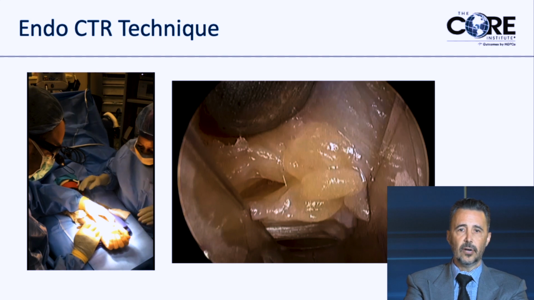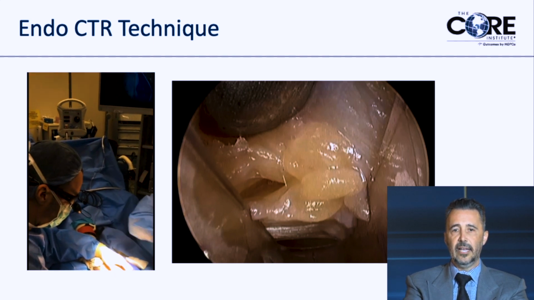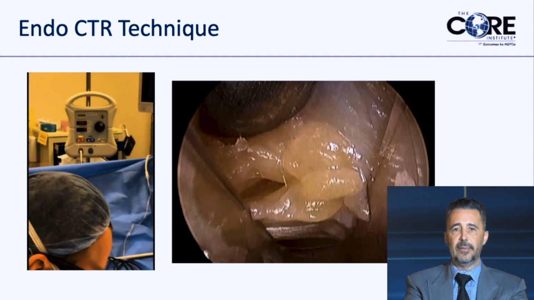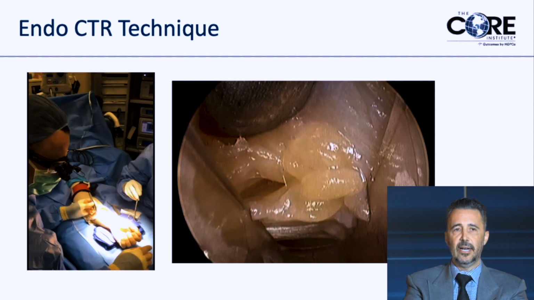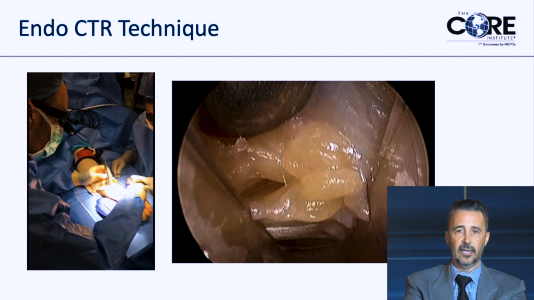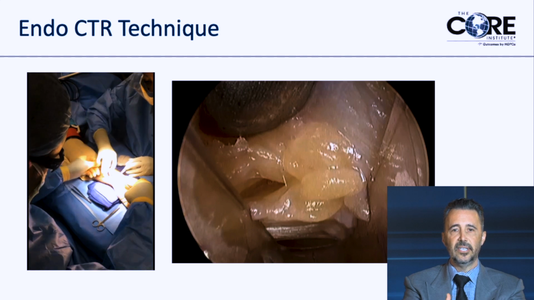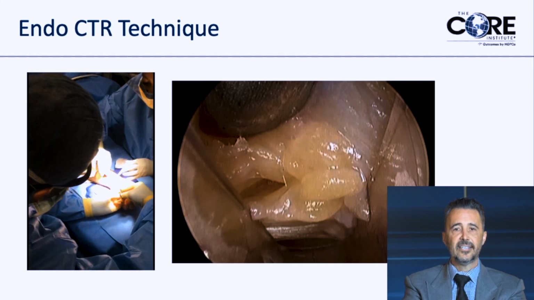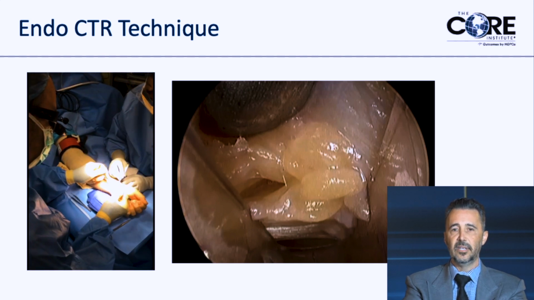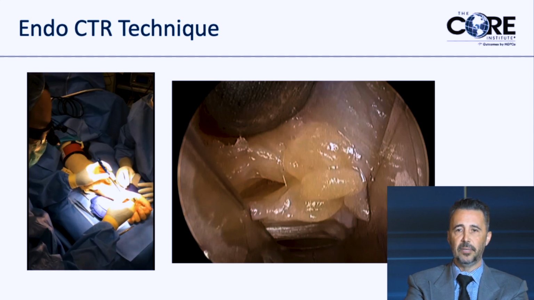This is an intraoperative video of me doing an endoscopic carpal tunnel. And on the left, this is the tourniquet in the background. This was really just to show how quickly this procedure is done. Obviously, the video has been sped up. I don't move this quickly in the operating room, but you can see that we're working to gain access into the tunnel. On the right side is what I see on the screen once I introduce the scope into the